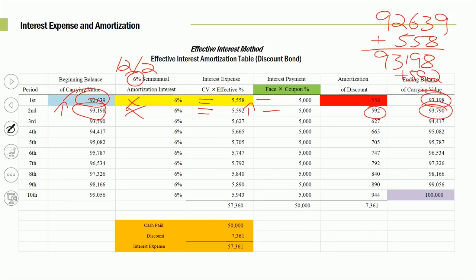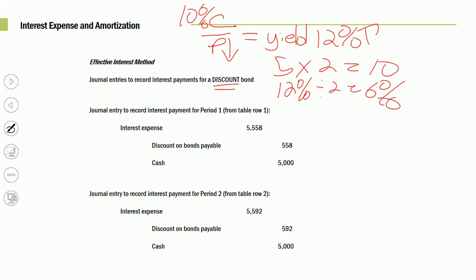And then once we're done with the 10 periods, the face value will be the $100,000. We'll pay off the debt. So now let's take a look, nice and pretty, at our journal entries. Whenever bonds are issued at a discount, your cash is $5,000, yet my interest expense is greater than that: carrying value at the beginning of the period times the market rate. Your plug figure is your discount. So unlike the straight line method, your plug figure is going to be the amortization of the discount or the premium. The second period, still cutting a check for $5,000, but as my carrying value went up, my interest expense went up, and then we plug what our discount is.